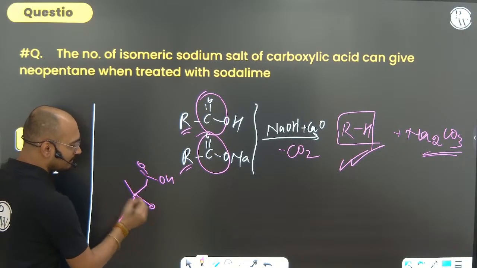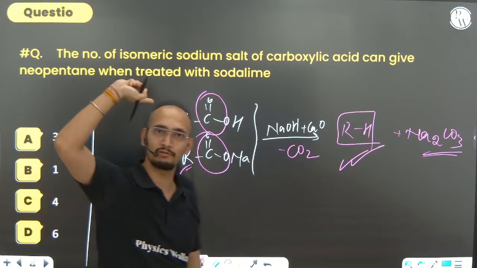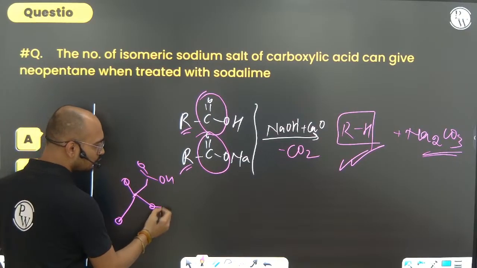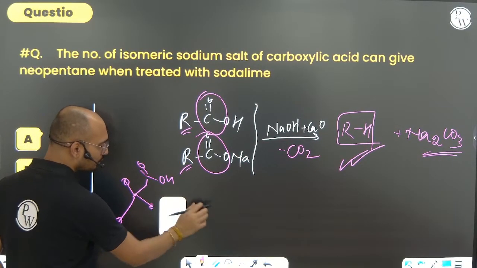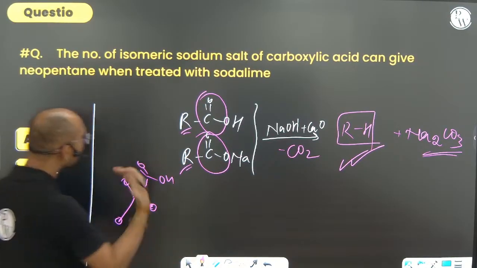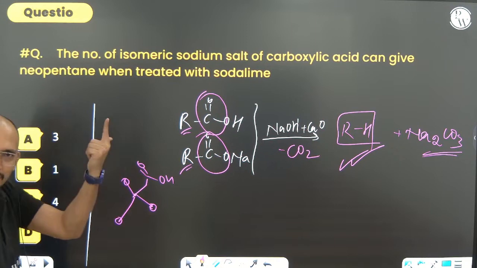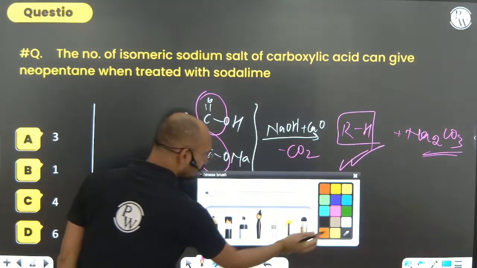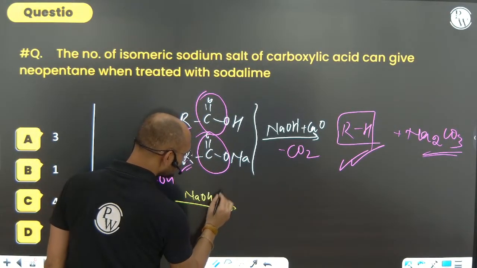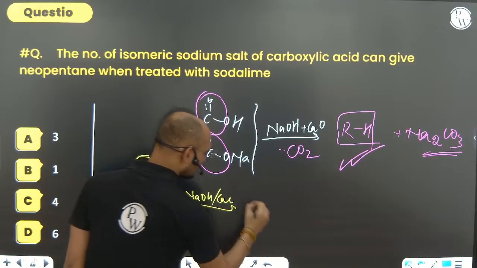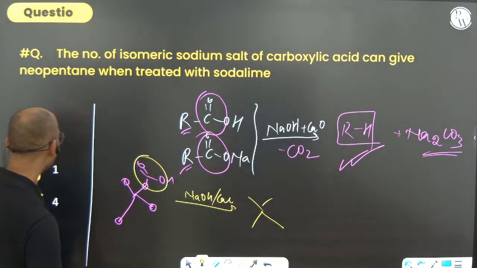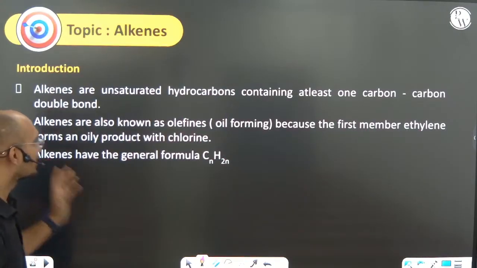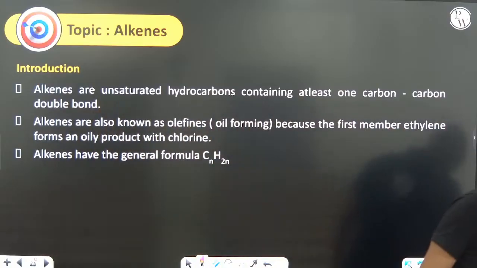Can you see all these carbons are again the same kind of question when what we thought of halogenation time. Same, all the carbons are symmetrical carbons. So wherever you just put COOH, it will be giving same molecule. So whatever will be molecule, it will be same molecule. So how many of the possible isomers are there? Only one. Either you put here or here or here or here. Everywhere it will be same. If you do NaOH plus CaO, what will happen? CO2 will be removed and there will be formation of, you see, what will be there? Neopentane will be there. Any doubt? Option B is the correct option. Next. Now we have come to the alkene. Alkane part is already done.